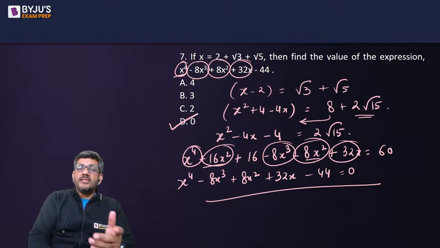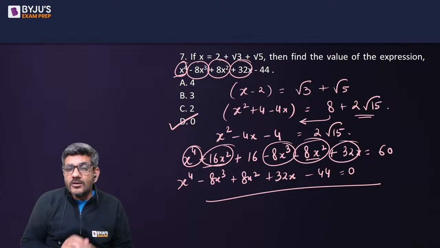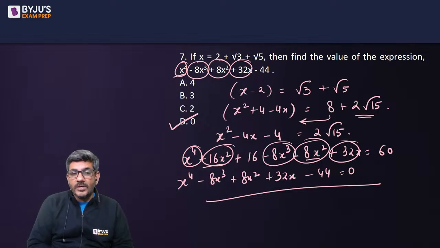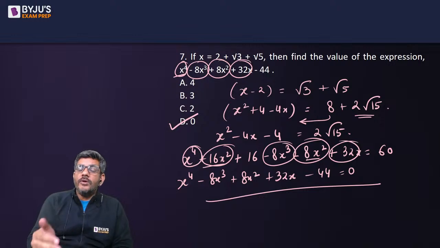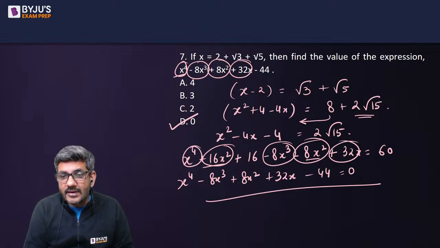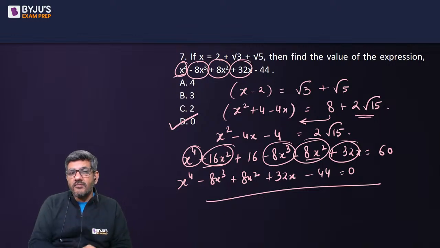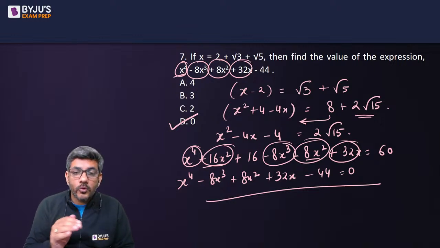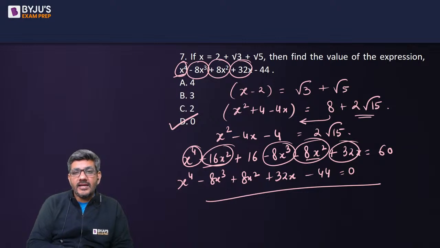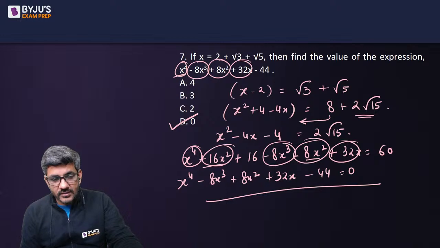So ultimately, the thing to learn here was that I do not see any square roots in the question asked. I do not see any square roots in the options. So I had to do it in a way that the square roots are eliminated. Also, I see the highest power of x being 4 in the expression. That means I also have to square twice, so that ultimately I get x raised to the power 4. So by that logic, we got the right answer for this question number 7.